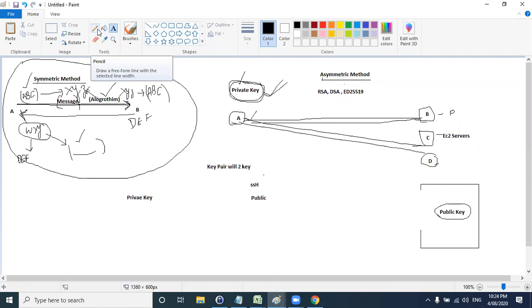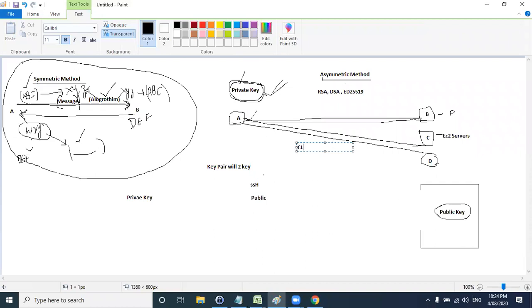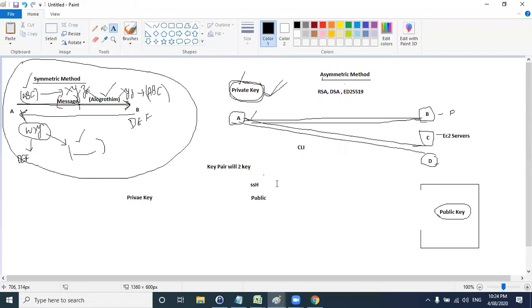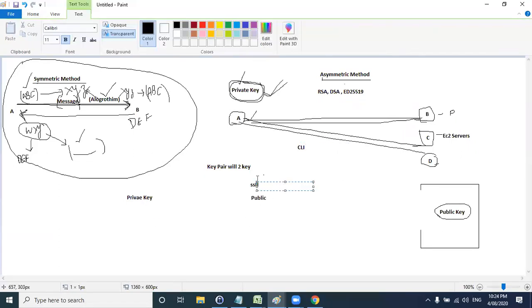If you are aware, all the Linux servers provide you a CLI to log in and do our job. CLI is the command line interface, which is similar to the command prompt in Windows. Once you have an EC2 machine, you need to do SSH, secure shell. For that there are some tools. If you are using Windows, we will use the Putty tool. If you're using a Mac or Linux, you can directly do SSH.